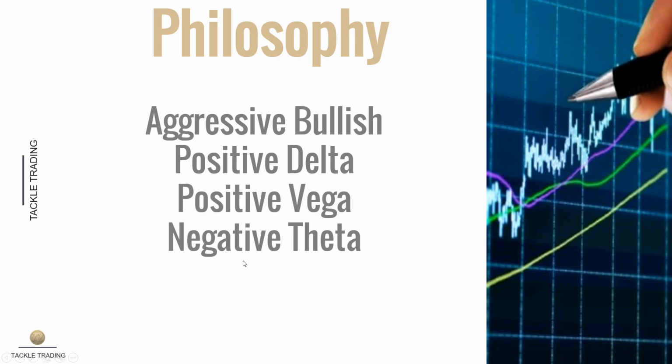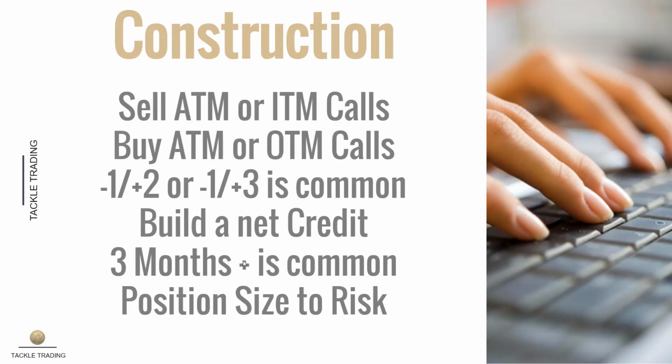Now, the construction. Sell an at the money or in the money call, usually higher delta, 0.50 delta, 0.70 delta, 0.90 delta. Higher delta call options are the ones you're going to sell. Buy an at the money or out of the money call at a cheaper delta and a cheaper price. A -1 +2 or a -1 +3 construction is very common in terms of the ratio of the